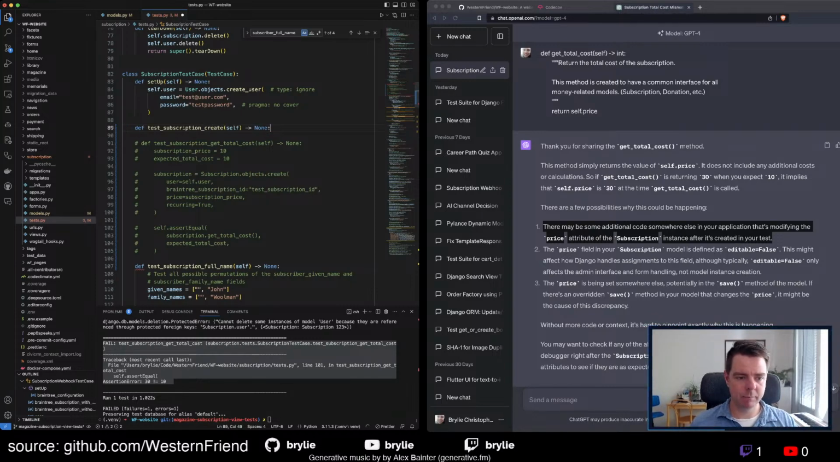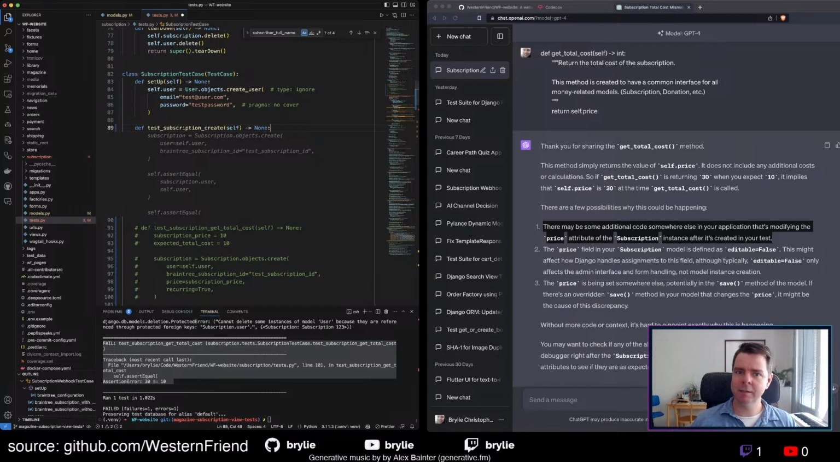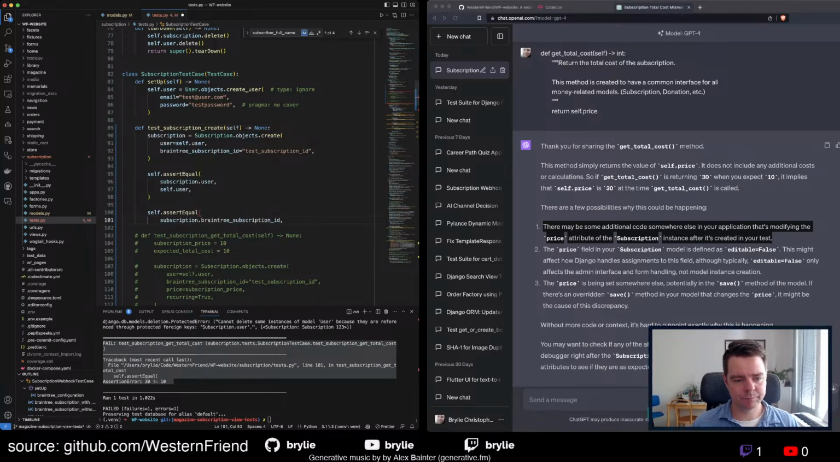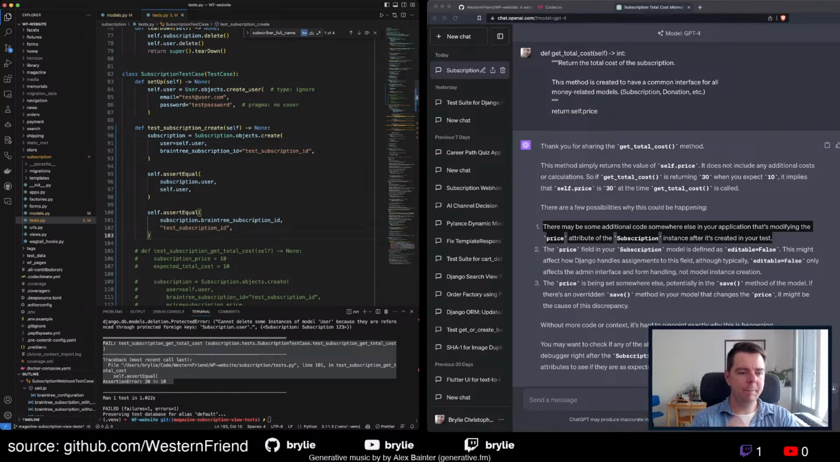Now I just want to test that subscription create works. This is almost testing the Django internals, but we're making sure that the models don't mutate any of the values. So first, let's just... this won't be the full boilerplate. What I'm going to do is